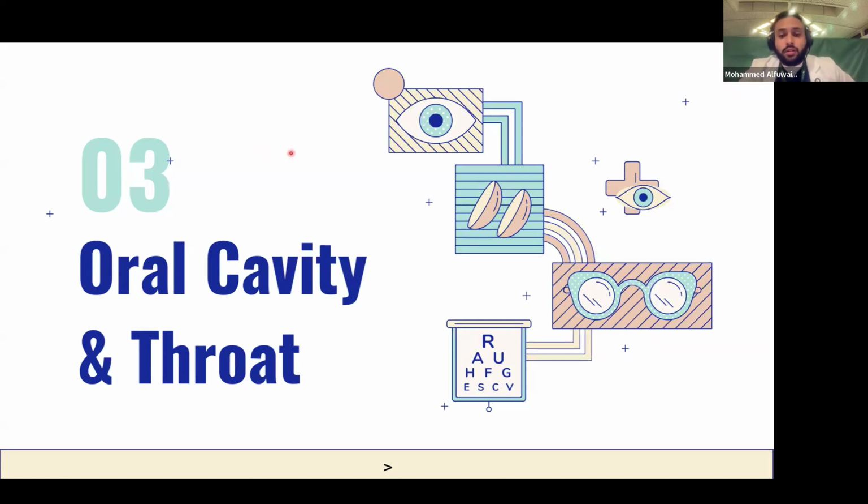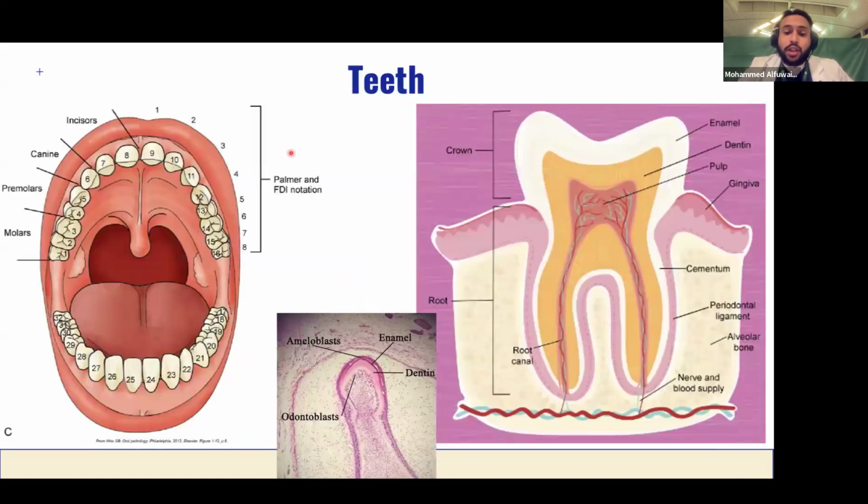Now we're going to go over, inshallah, the rest of the spell, which will be the oral cavity and throat, and then inshallah we'll end it with the ear. So with the oral cavity, we'll start over here, which is just the teeth and